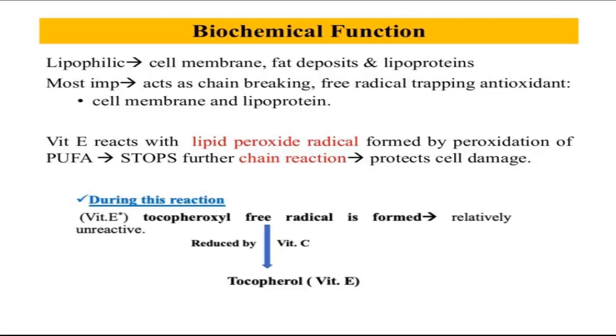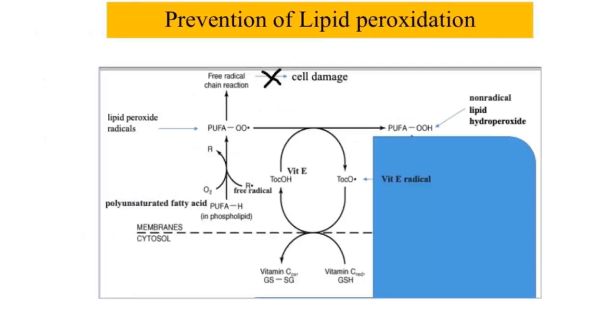Firstly, the cell membrane is composed of a lipid bilayer formed by PUFA or polyunsaturated fatty acids. Peroxidation of PUFA results in the formation of a lipid peroxide radical. Now, vitamin E, what does it do? The vitamin E reacts with the lipid peroxide radical to form non-radical lipid hydroperoxide and vitamin E radical as shown